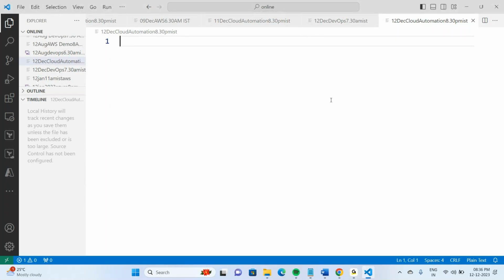Okay, so in the last class, we completely automated VPC creation. We created one VPC, two route tables, two subnets, one gateway, one key file, a security group, and one instance, but everything we have hard coded. So if you want to reuse the script, we have to use variables. How to use variables, I told in the last class. So to continue from the last class, let us go to